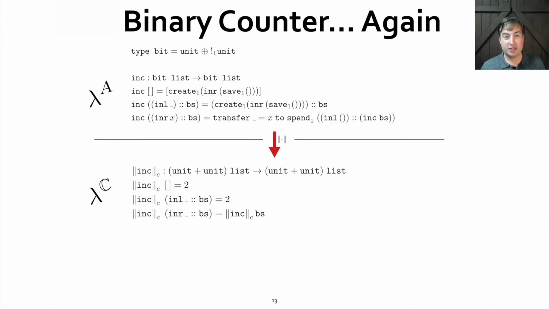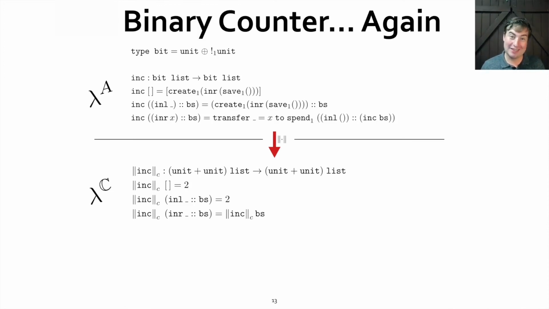So when the argument to this recurrence is empty or has 0 as the least significant bit, increment costs 2. 1 from the cons, 1 from creating the credit. When the least significant bit is a 1, the cost we extract is simply the cost of the recursive call. Now, why is this? Well, we do one cons operation, which costs 1, and then we spend a credit from the least significant bit, which subtracts 1. So we're just left with the cost of the recursive call down the tail.